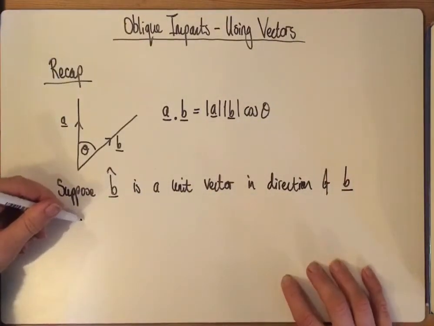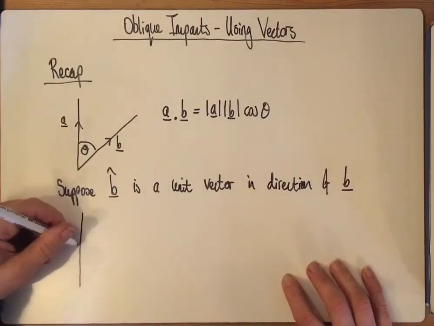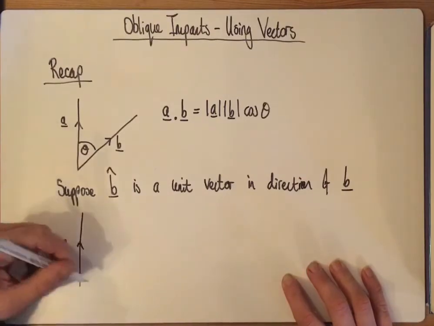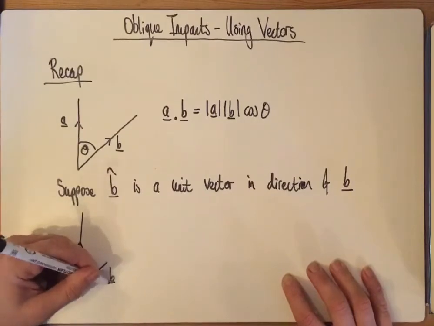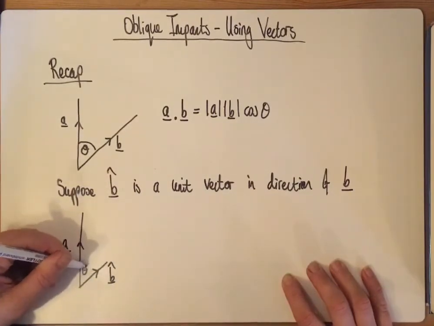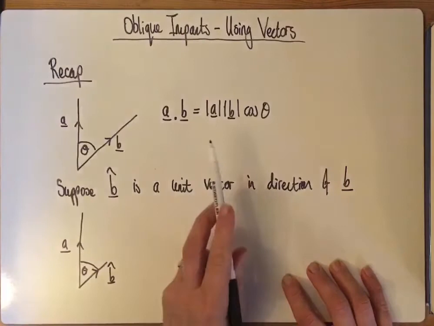If I do the same diagram-ish, so this is now a unit vector in the direction of B, and this is still theta. Then plugging into here,